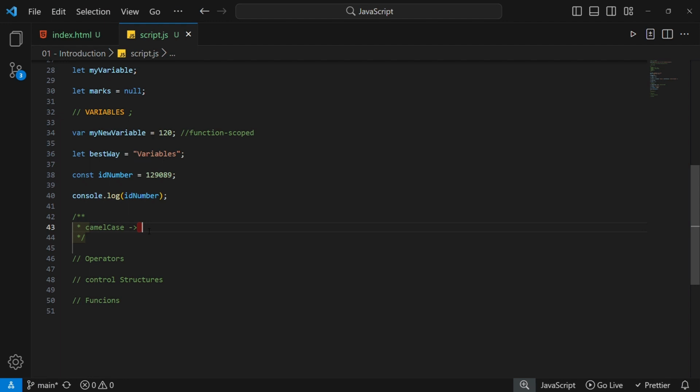Camel case is the most common or conventionally used naming convention style because it starts with lowercase and then you capitalize every other word. So I can say 1, 2, 3, 4. So you notice that the first letter of